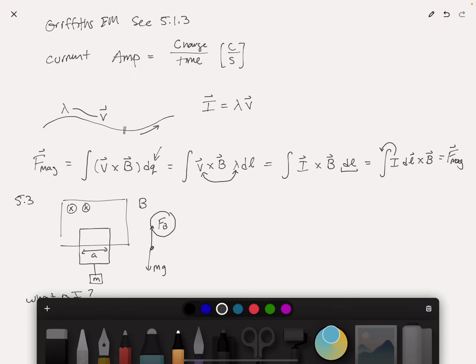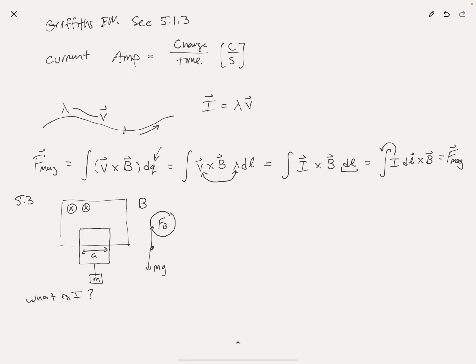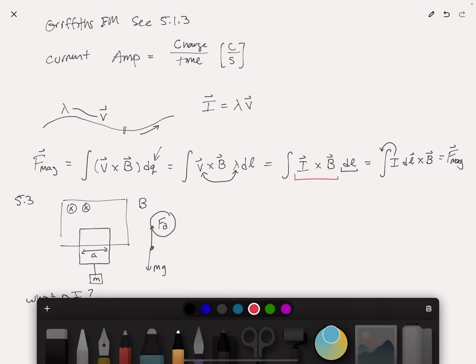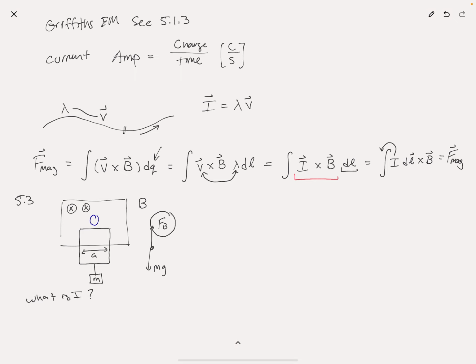So our goal here, first we have to pick a direction for this current to flow. In the end, what we're going to do is take cross products of the current and the magnetic fields. So we need to figure out a directionality associated with this. I'm going to start at the top of this loop and say that my magnetic field is pointed into the page here,